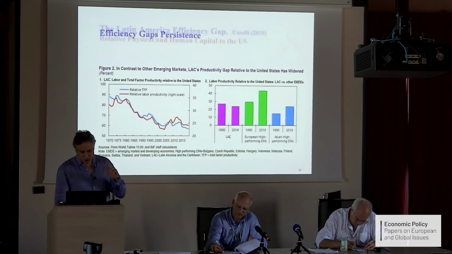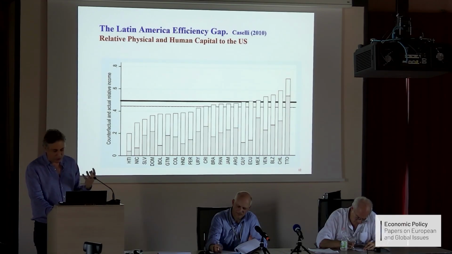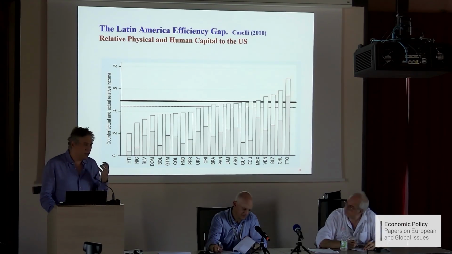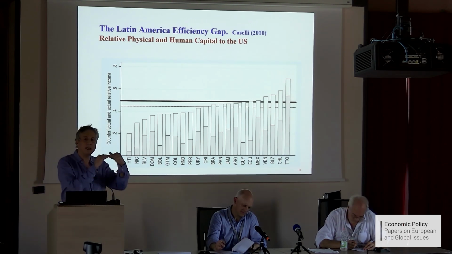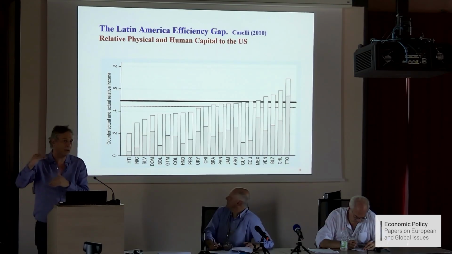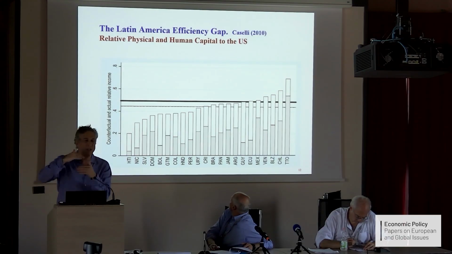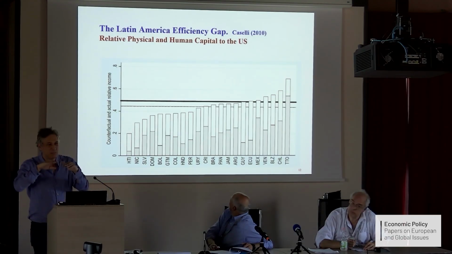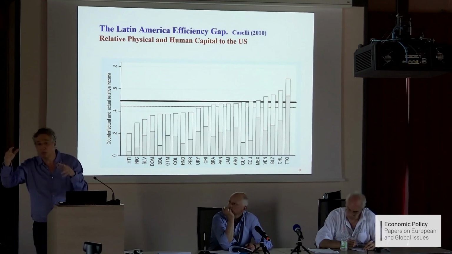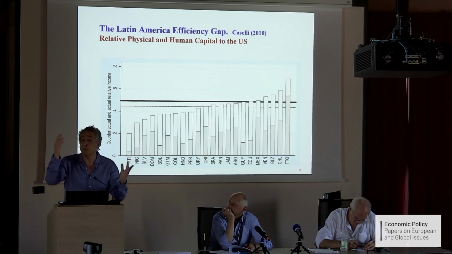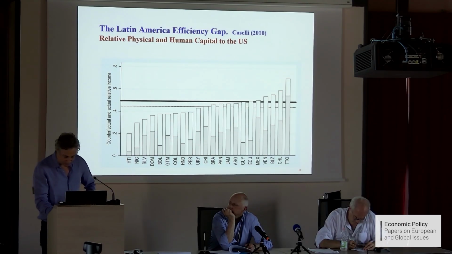So 2 issues. This comes from a paper of Francesco Caselli, which I think is very interesting. I teach it to students, saying effectively that, look, Latin America has very large efficiency gaps. Even if you reach the level of education, human capital quality, ICT and infrastructure that one observes in the US, Latin America will go from an income per worker of around 1/3 to something like 1/2. So the other half is TFP, efficiency, which perhaps relates to the two issues that you are discussing in this paper.